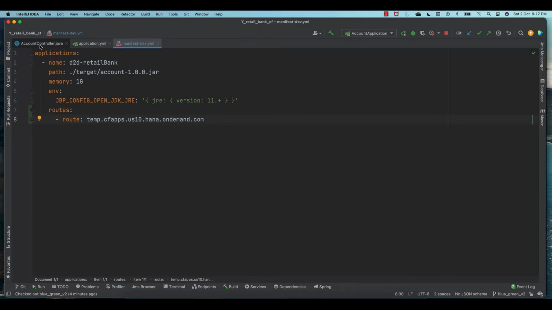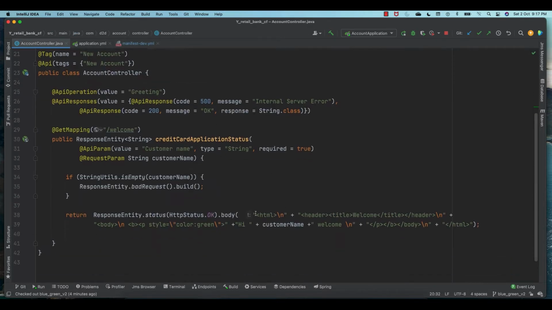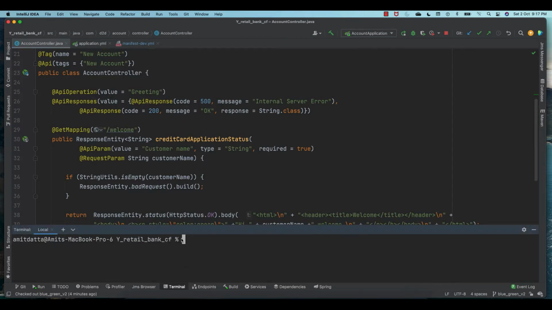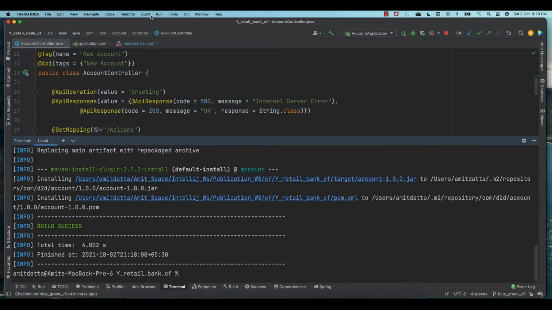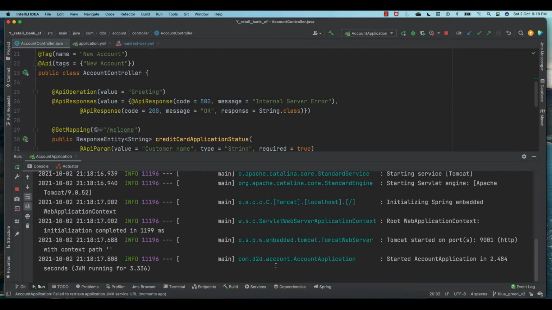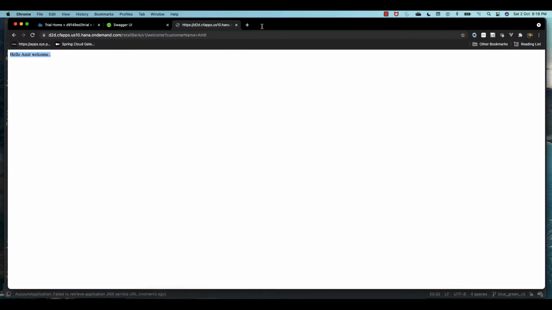And here we can see this controller. In the new version, we have added some HTML tag in our response. Let's build this application once and run it to check in local. This is available in the blue-green version 2 branch of the code base. So the application is started,